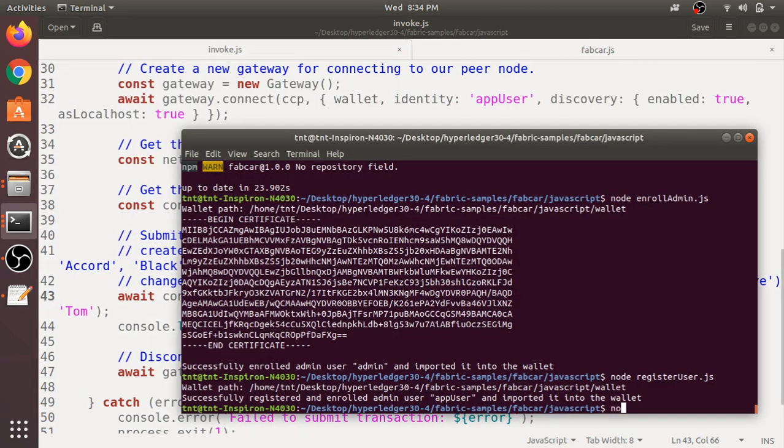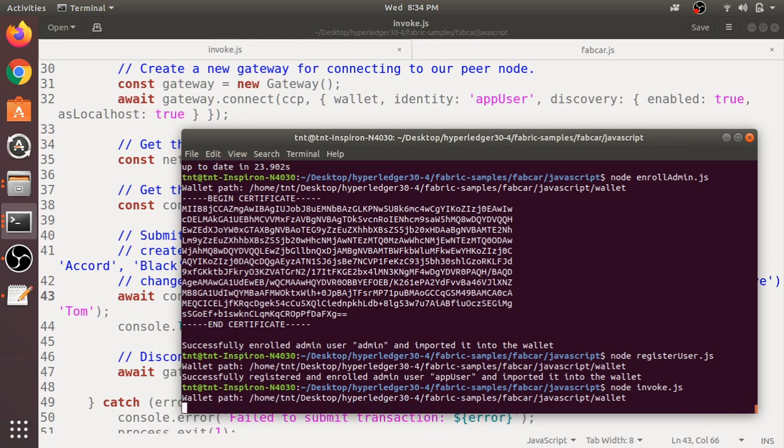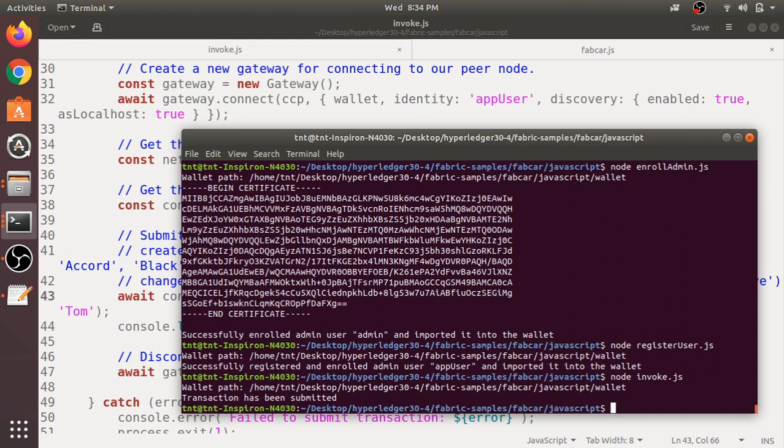For that you have to use node invoke.js. Okay, it is actually adding. Okay, the transaction has been submitted.